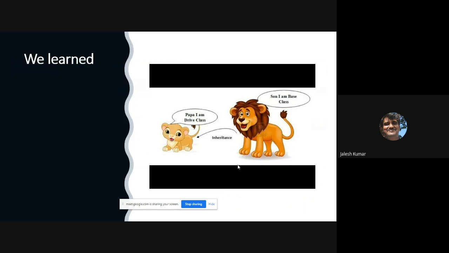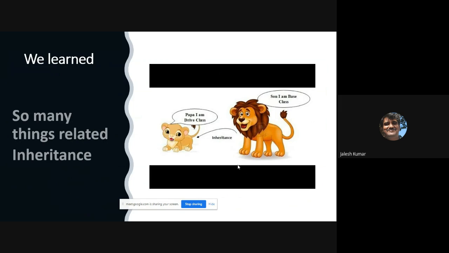We learned so many things related to inheritance. Okay, overall, it looks like this. Inheritance means that normally there is a superclass and it has a subclass. See, normally the concept of inheritance is generalization to specialization.